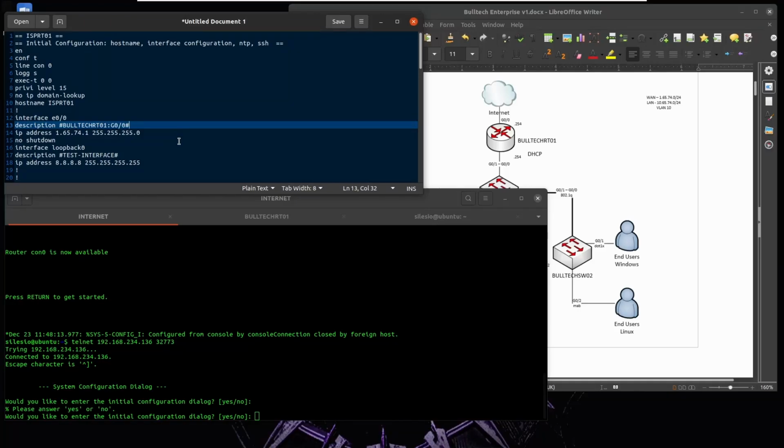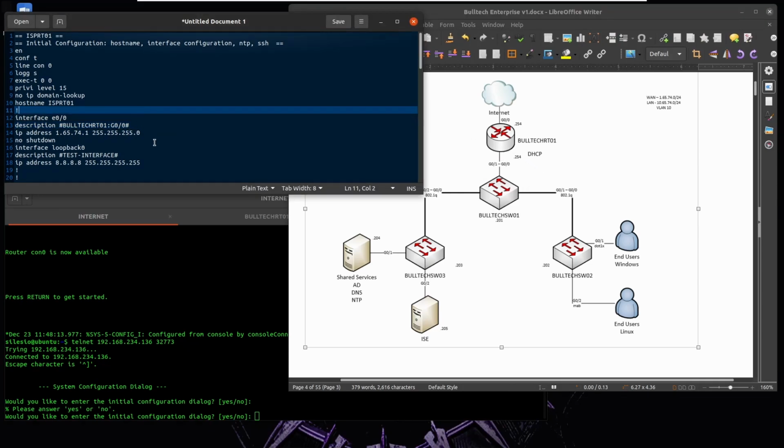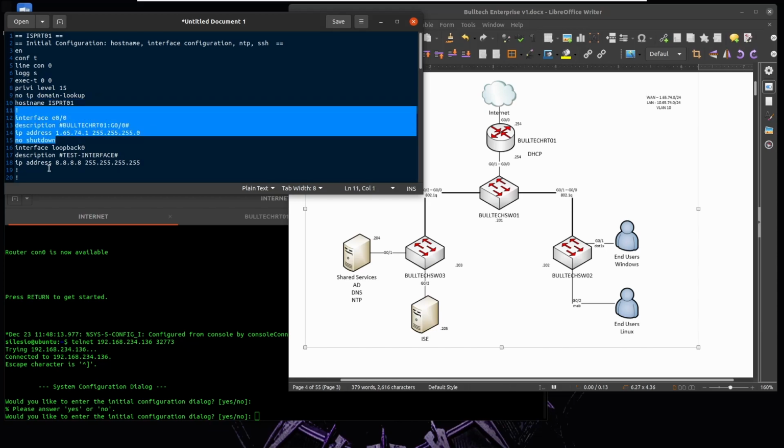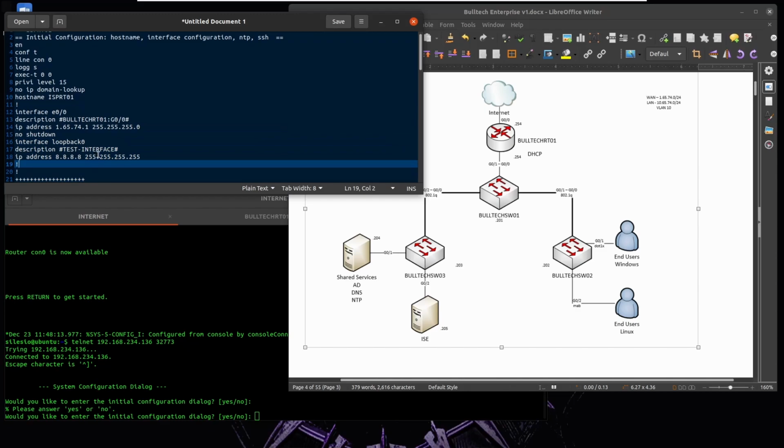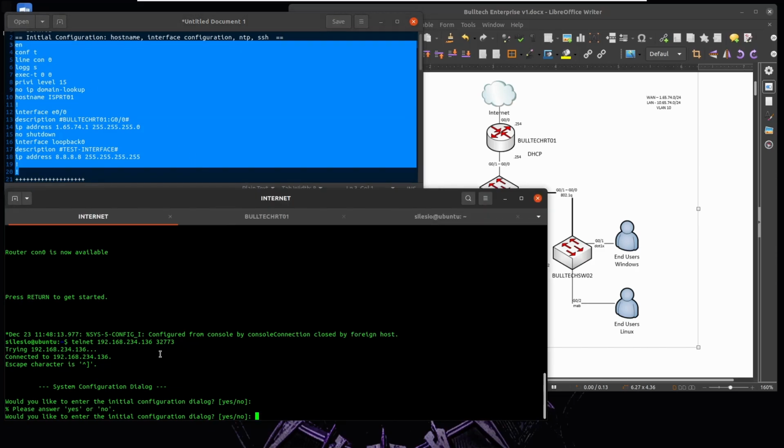Okay, so let's start configuring our routers, and we'll start with the ISP router. There isn't much to configure, so basically you start with just the hostname, the interface IP address, and a loopback interface to test reachability from the LAN towards the ISP router. Okay, so I'm just going to copy these and paste